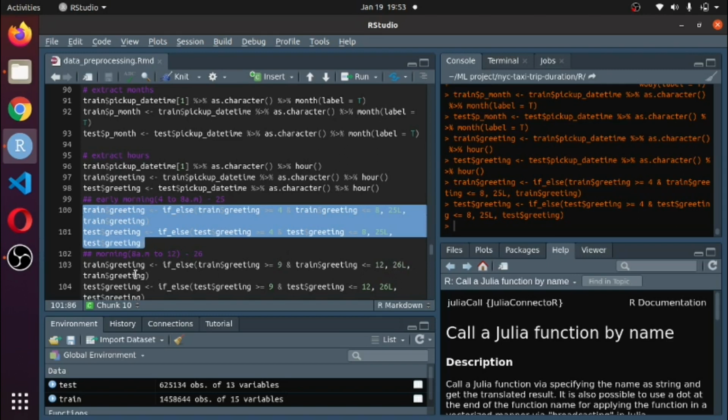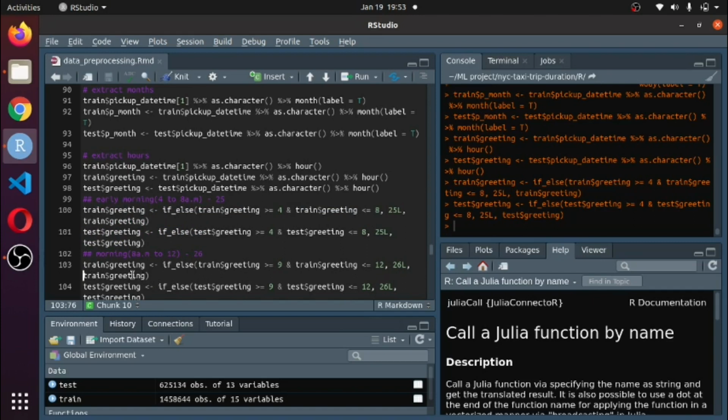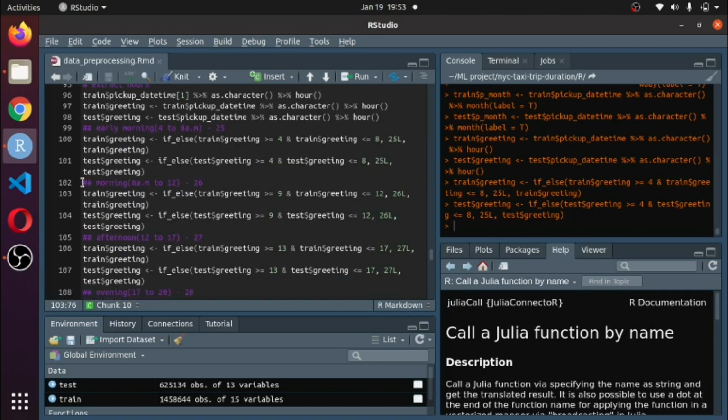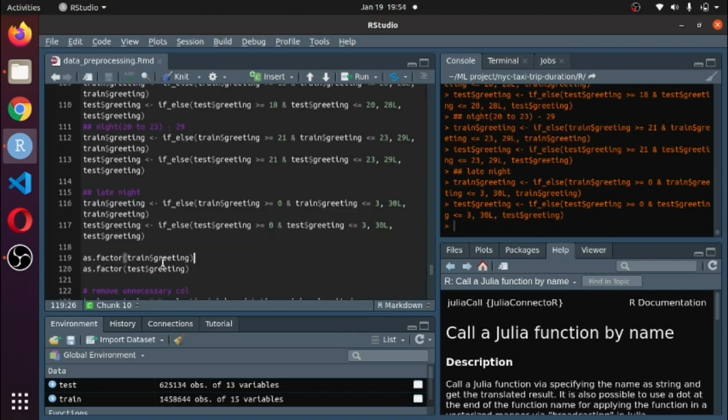Otherwise 26 or any number in R is a double. So if you don't write L, you have to convert this column using as.double. Now I run all the things. I am seeing the greeting column as a factor now.